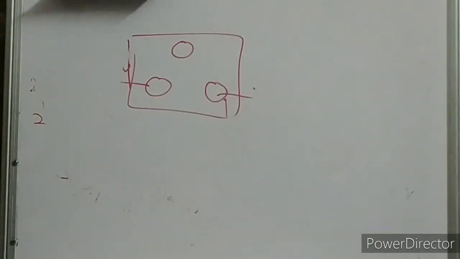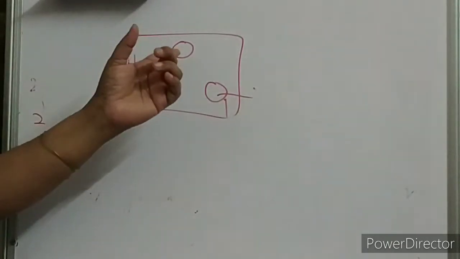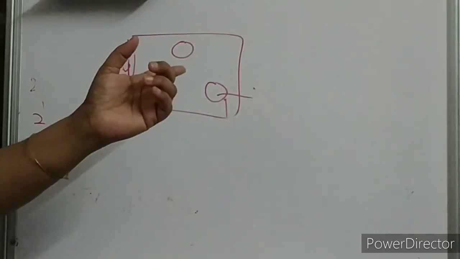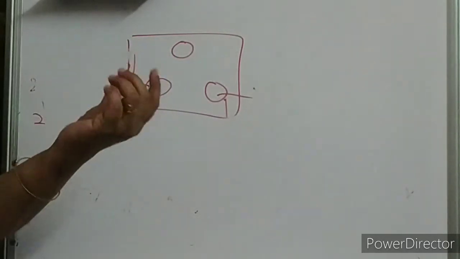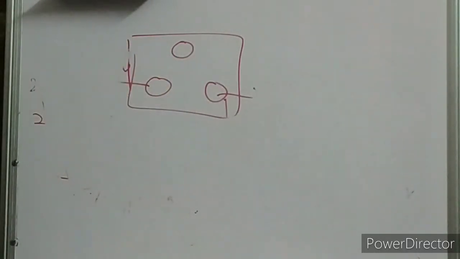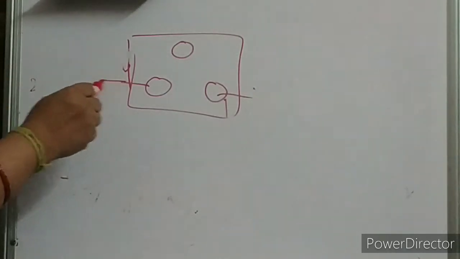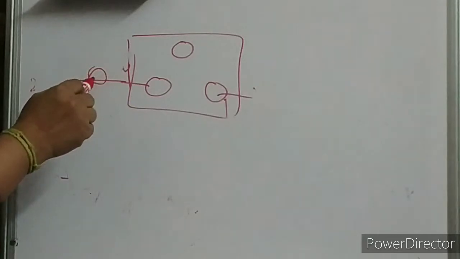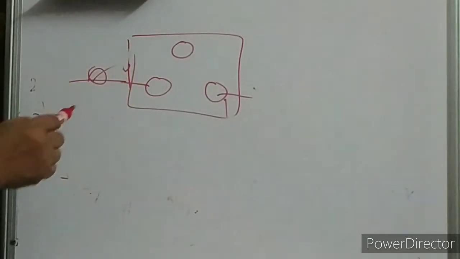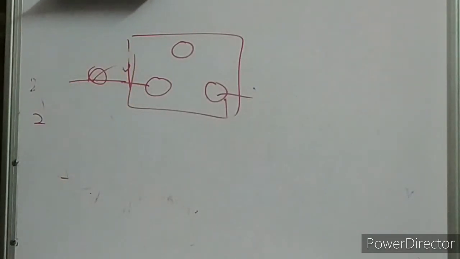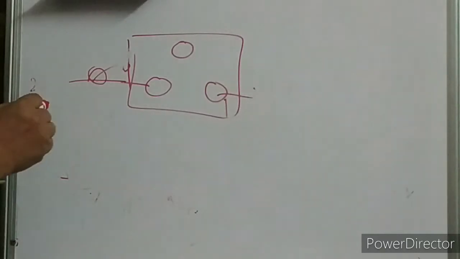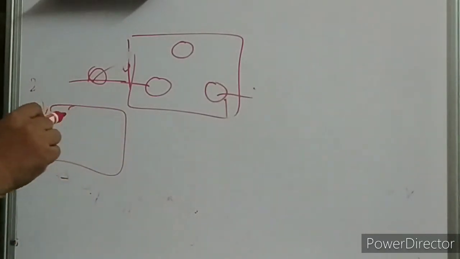If there is some fault in the connection, I am now discussing what is the use of the third pin. Clear, children? Suppose an appliance like your microwave has some fault. That means in the live wire the insulation is gone, so it is now open. And you know a microwave is a metal body.